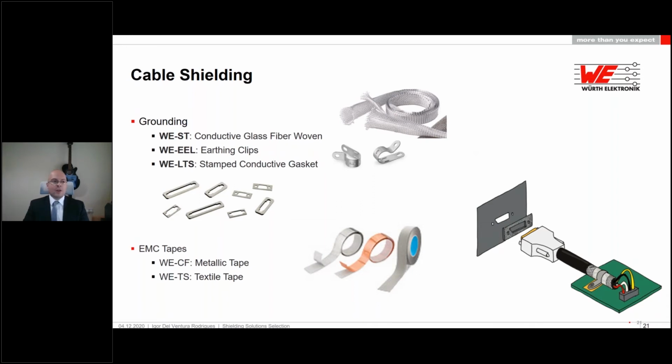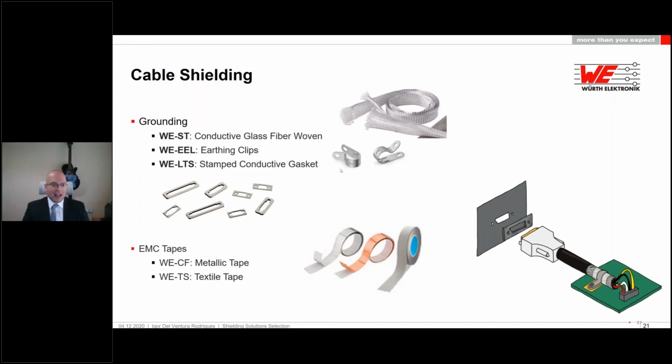For the cable itself, you can utilize WeST, which is basically what you can see here on the top of the screen. WeST is glass fiber woven shielding. So it's conductive and it will serve as a sleeve for your cable. So you'll put your cable inside of it, and of course you will make sure that both sides of it are grounded. And how do I do that? Well, basically you have